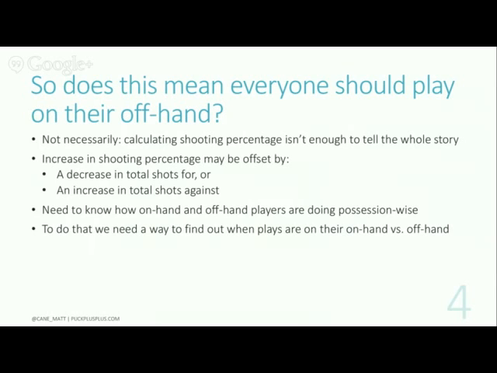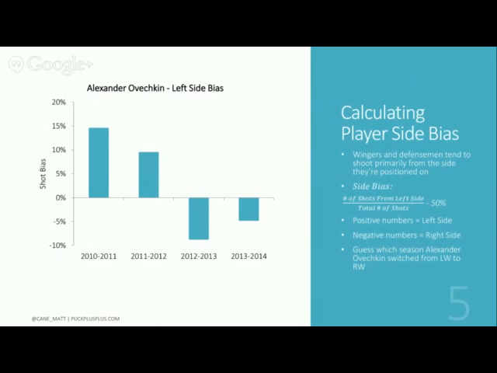So we're going to look at shots for rather than Corsi, just because we have the data there. But we also need a way to figure out when players are playing on their onhand and when players are playing on their offhand. It's really easy to watch the game and figure that out. A lot more difficult to pore through four seasons of data and say, this defenseman's playing on the left side versus the right side. So how can we do that using the data that we actually have and look at it on a league-wide basis? Well, the one way we can look at it is to calculate what I've called the player side